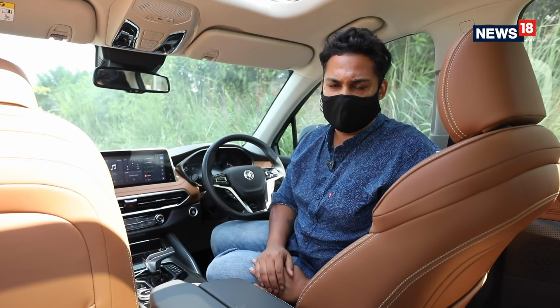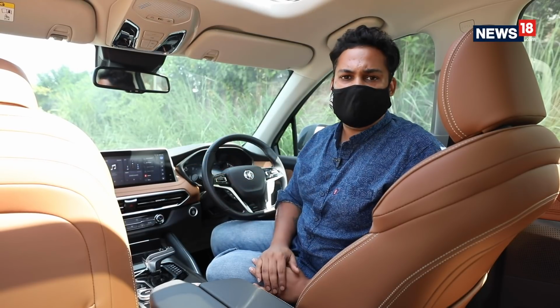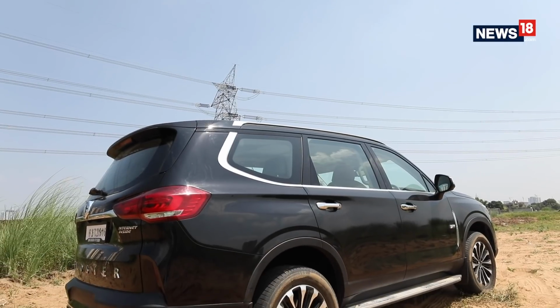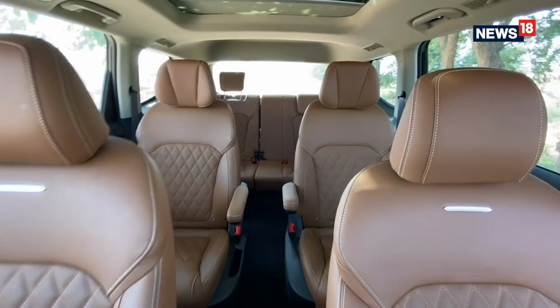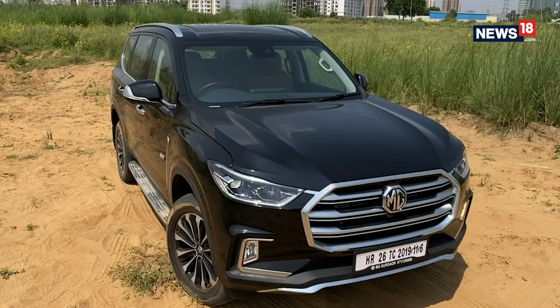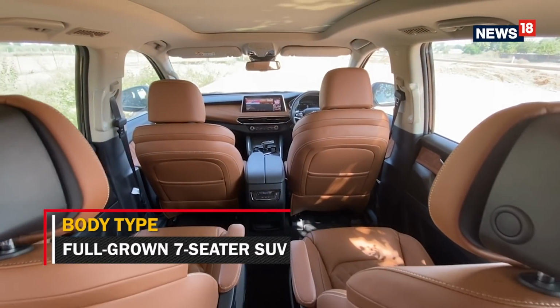The first thing you notice as soon as you step inside the cabin of the MG Gloster is the very fact that it looks German, but in a good way, of course. This large dash-top mounted infotainment system, digital display, this beautifully crafted gear lever and the use of tan brown leather all adds to the luxury factor in this massive SUV. And that's the best thing I liked about the MG Gloster. Not the engine, not the design, but the cabin design and the exhaustive feature list that can put any luxury